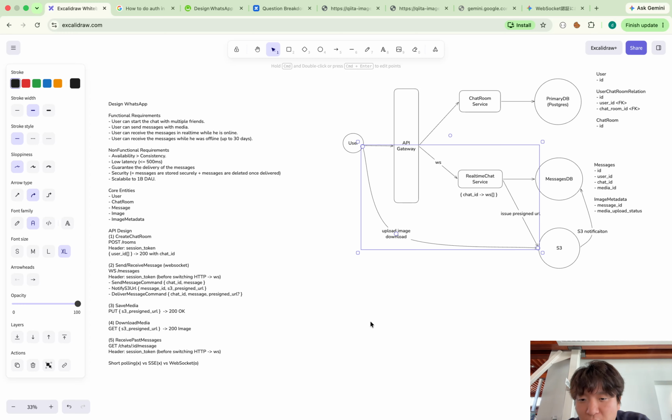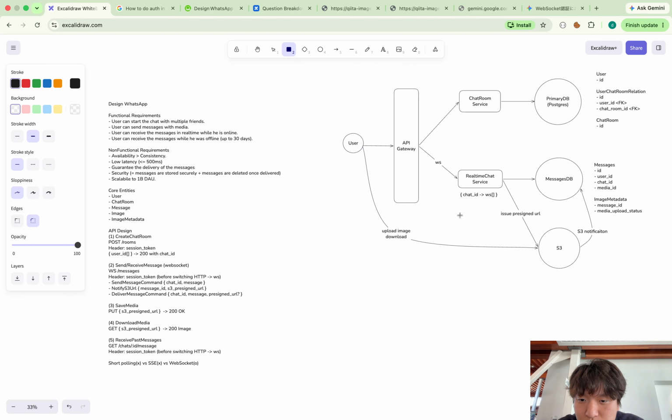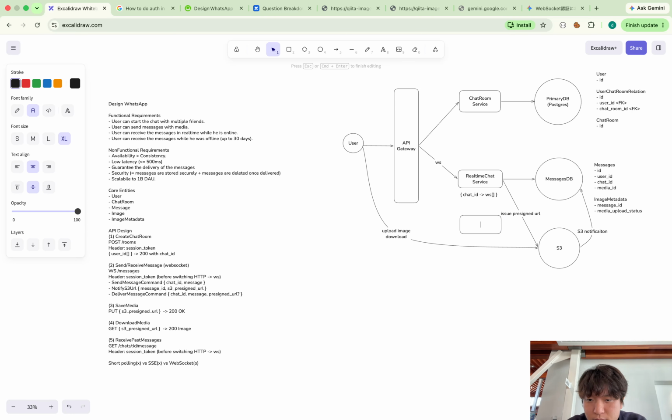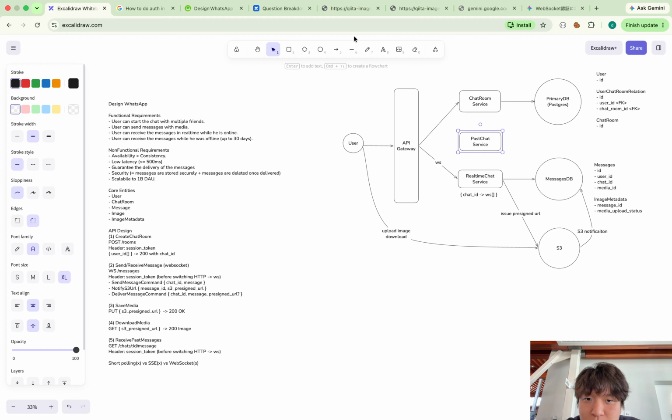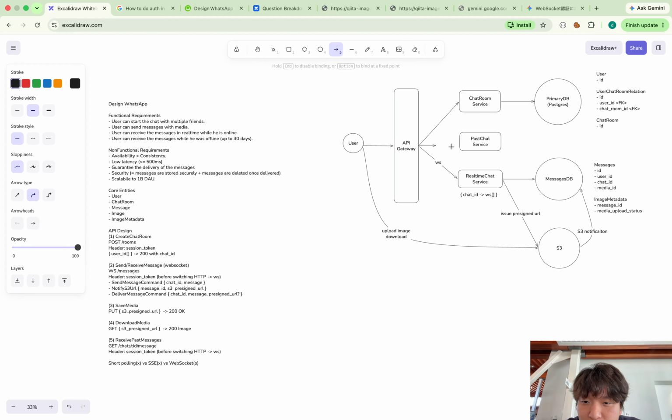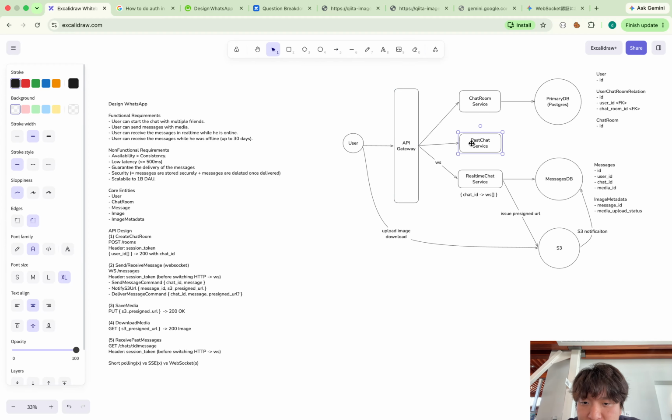Okay, so the last one, receive past messages. I will make another service named past chat service. So the client can hit this API and get all the past messages that haven't been delivered.